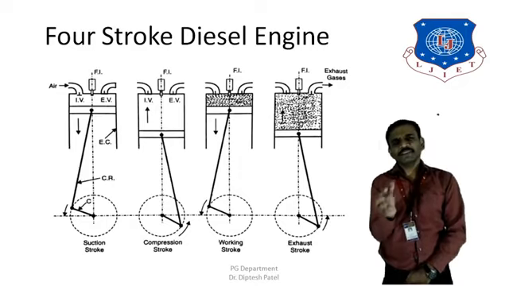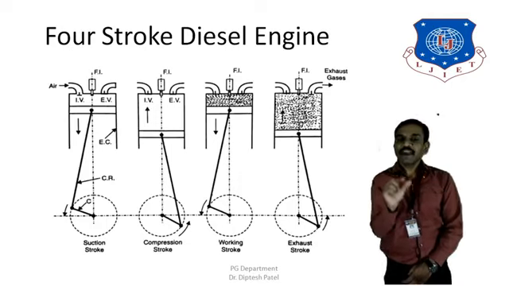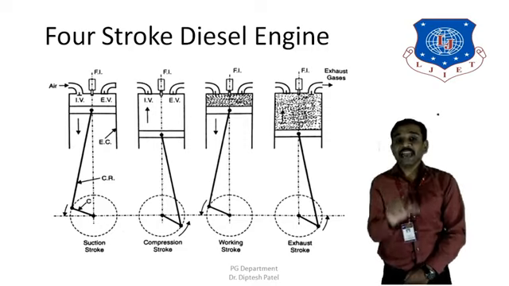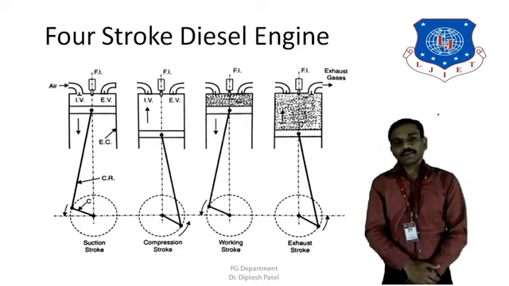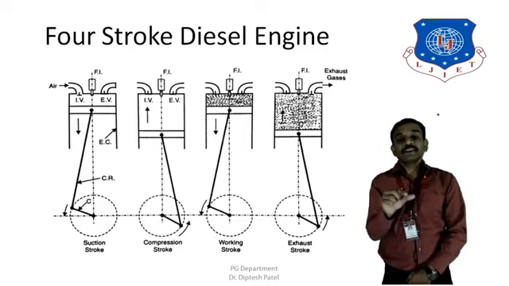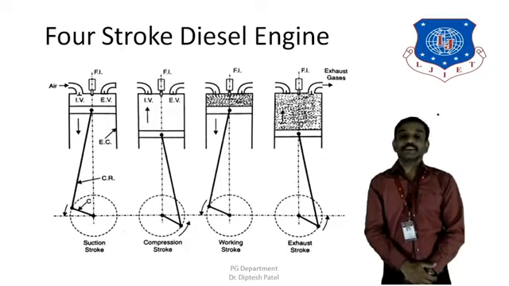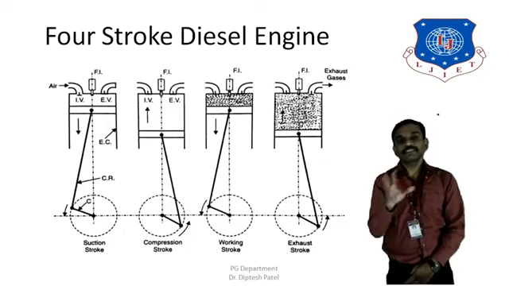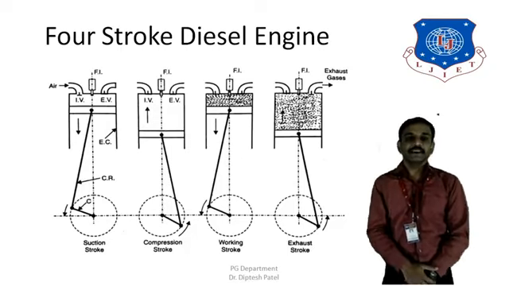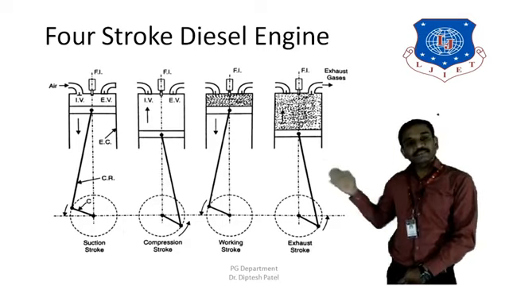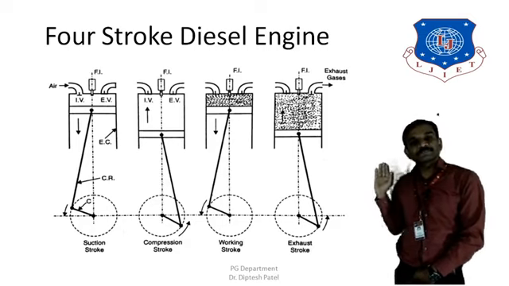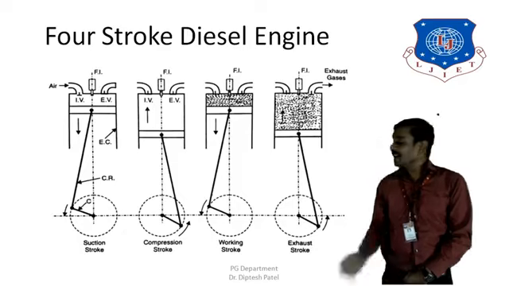Now there is a small difference between the petrol engine and the diesel engine. In a petrol engine, the mixture of air and fuel is ignited with the help of a spark plug, but here spontaneous ignition takes place when fuel is injected into the heated air which remains in the cylinder. So that's the only small difference between the petrol engine and the diesel engine. You can see these 4 different strokes of the cycle.